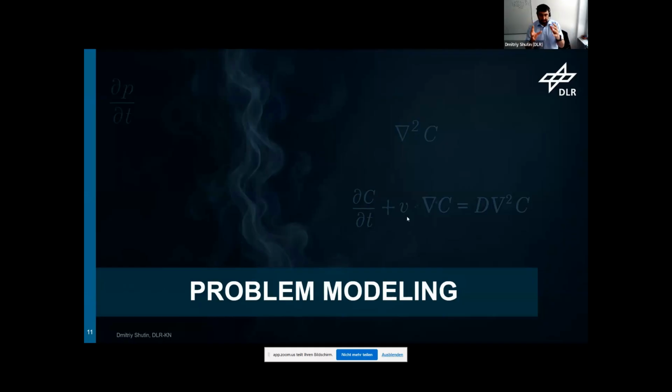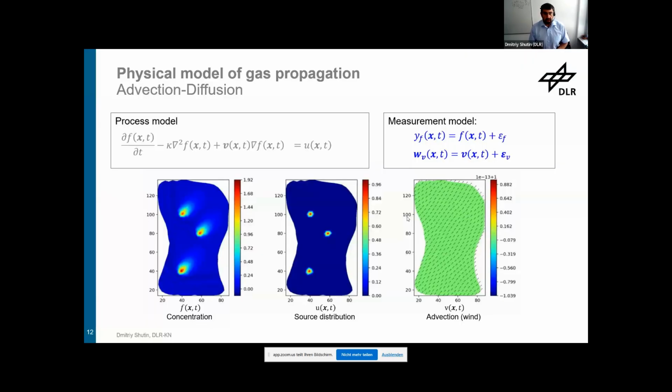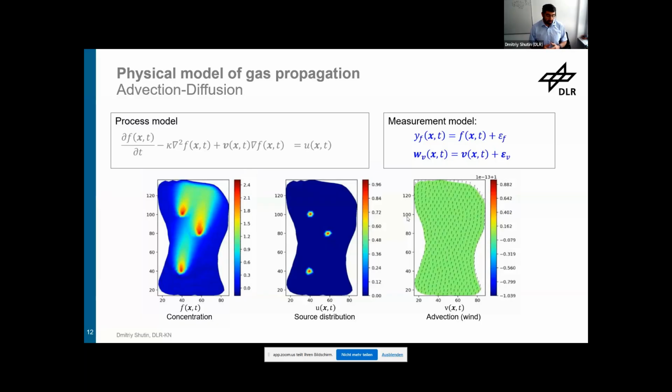I would proceed now with making this methodology a little bit more concrete, and I will begin with the first block, problem modeling. So how do we actually approach the understanding or modeling of source localization? As I said, we do not have a lot of data to train our model. So we need to rely on expert or prior information about the processes and the way we approach the model itself. One of the approaches that we utilize in our work quite heavily is a so-called physics-inspired or physics-based model of the gas propagation.